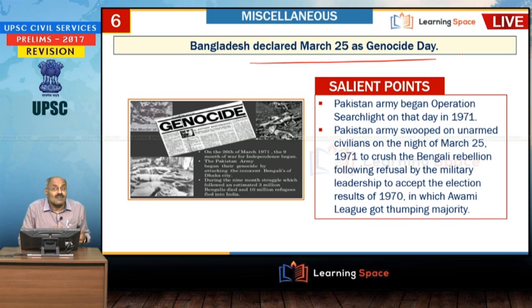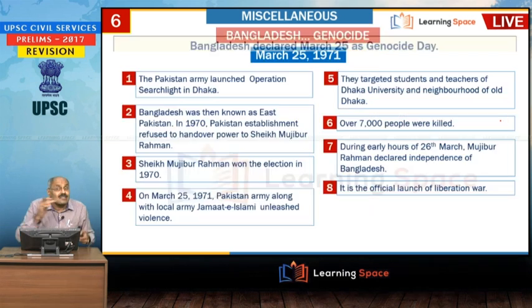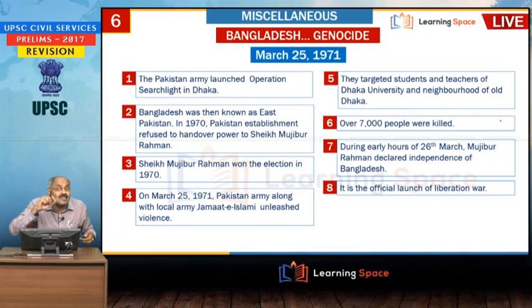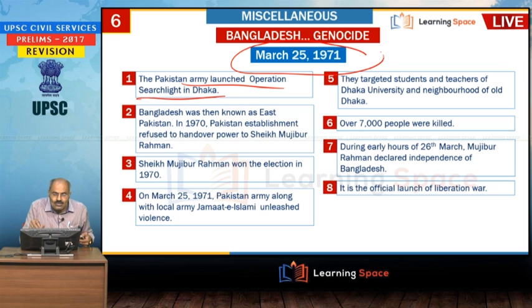Bangladesh declared March 25 as Genocide Day. Here the Pakistani army began Operation Searchlight on that day in 1971. In fact, please don't forget, in those days these two were part of Pakistan. I am talking about present day Pakistan and present day Bangladesh. So these two were part of Pakistan in those days, and here what happened, the Pakistan army launched Operation Searchlight. So, to commemorate that, March 25 was declared as Genocide Day by our neighboring country Bangladesh,